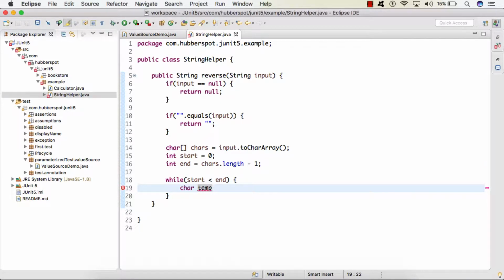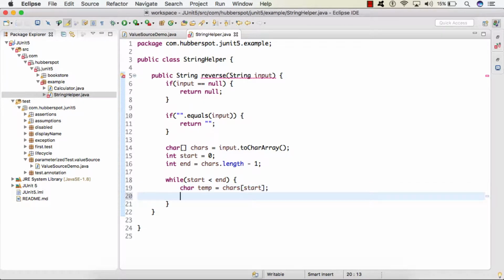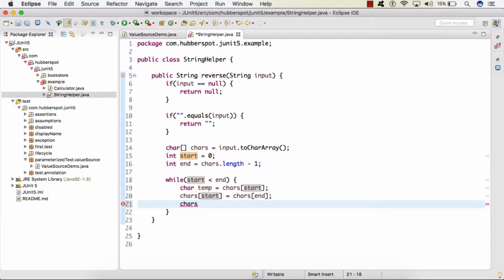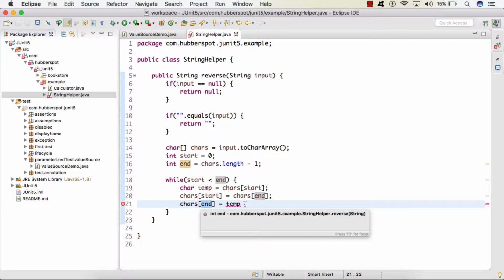a temporary character. We'll store the value at start index, and then we'll swap the value at end index with start, and then we'll assign value temp to end.